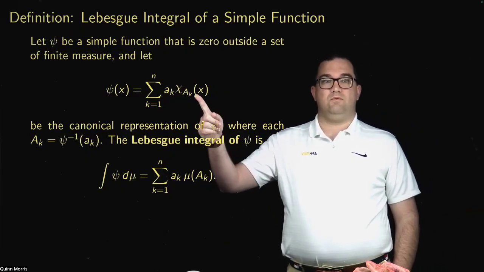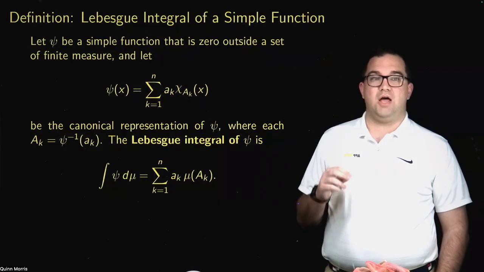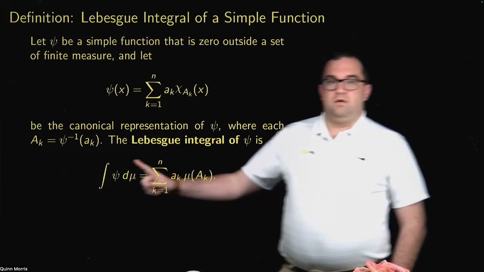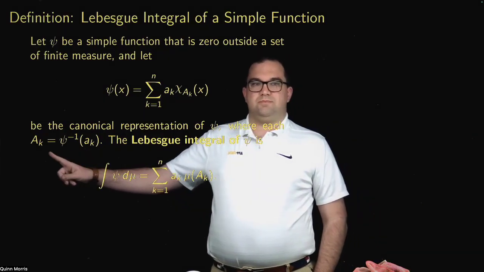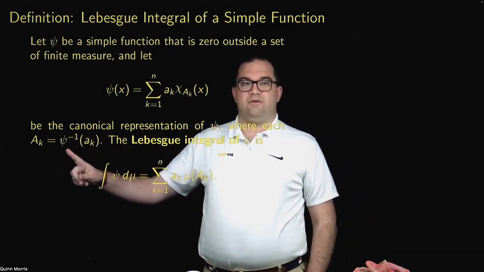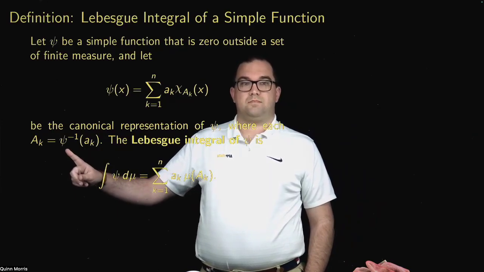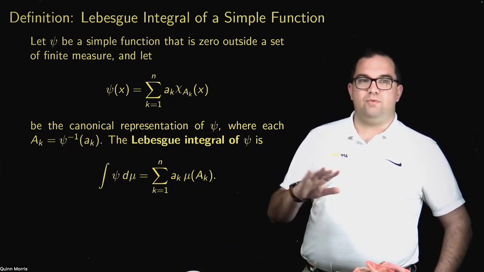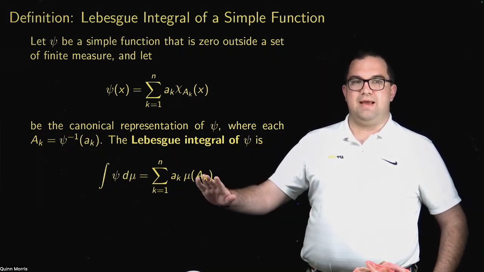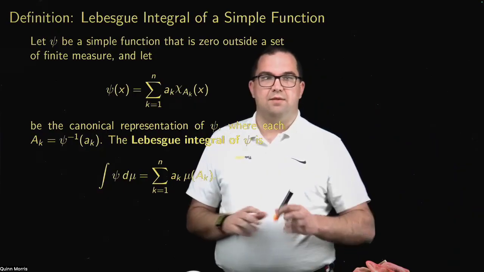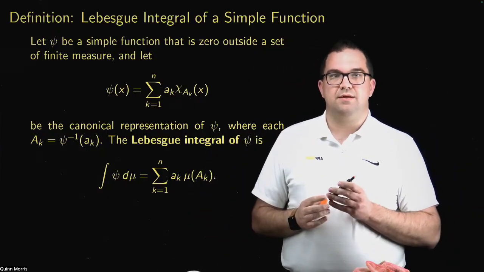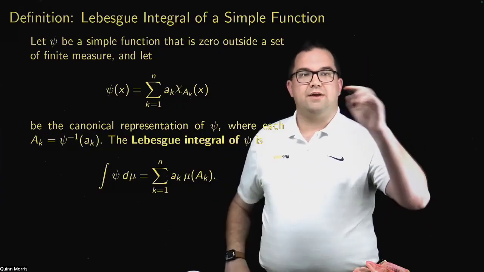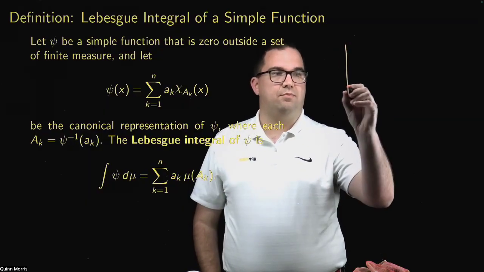And this is, well, we're going to call this the canonical representation of psi, where we call this the canonical representation because these sets AK are defined to be the preimage of the value little a sub k. So before we even get to defining the Lebesgue integral piece here, let's take a moment to understand what this is telling us. If I just take any simple function, right, I could have,